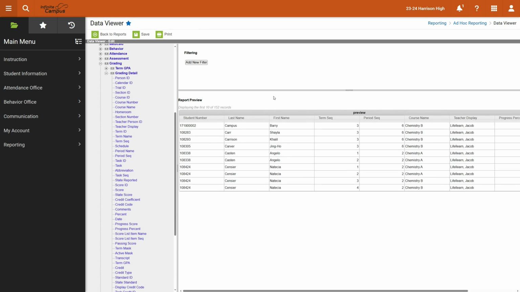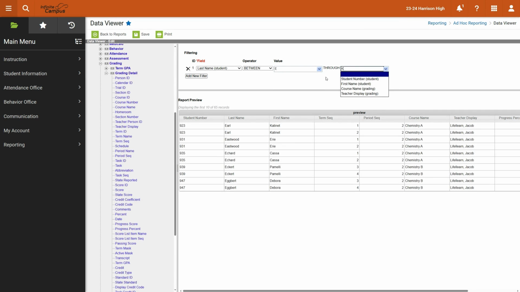All right, so now the way we filter just those students that are failing is we go up here where it says add new filter. And I'm going to go in here and first say which students, because in these unit offices, you're working with just certain parts of the alphabet. So I'm going to say where the student's last name is between, and I will choose now letter E through